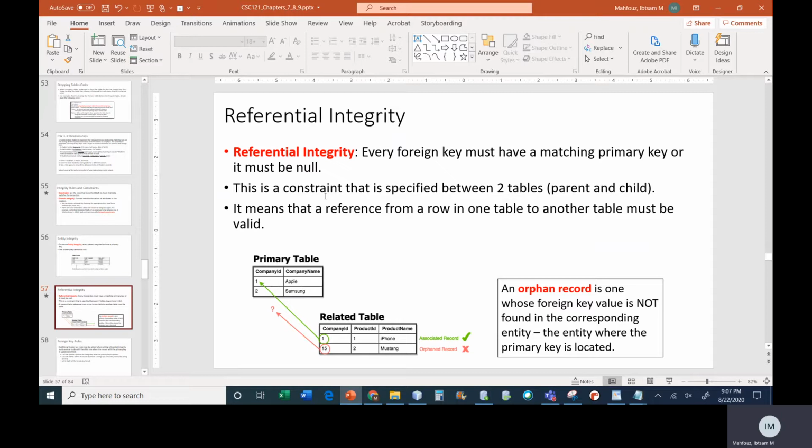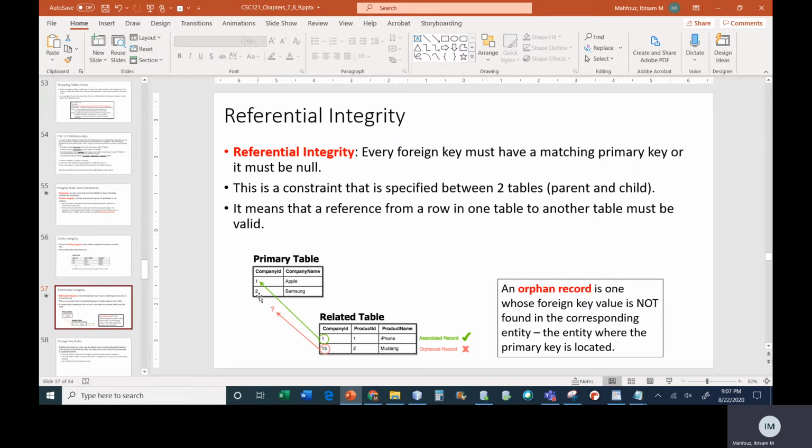That's the definition of a foreign key. A foreign key is the primary key in another table. Okay, so it's a key, but it's foreign to us. So it's foreign because it belongs to another table as a primary key. Now, if I look at this table here, I have a table that has a company ID and a company